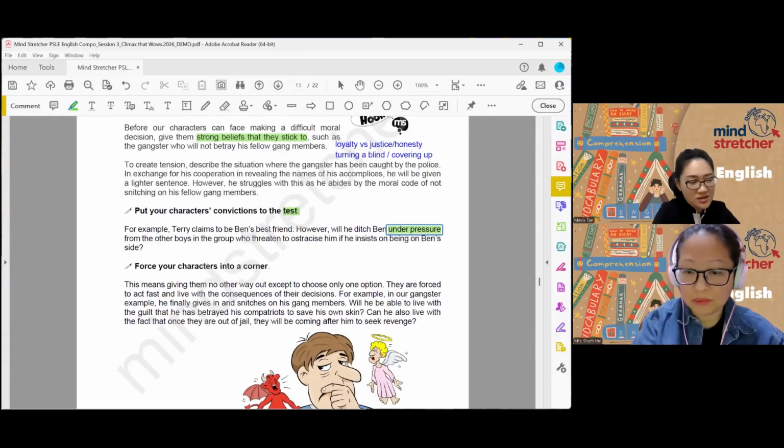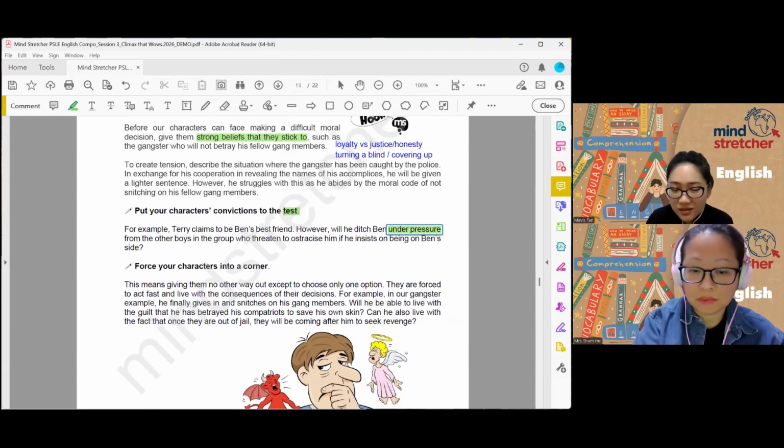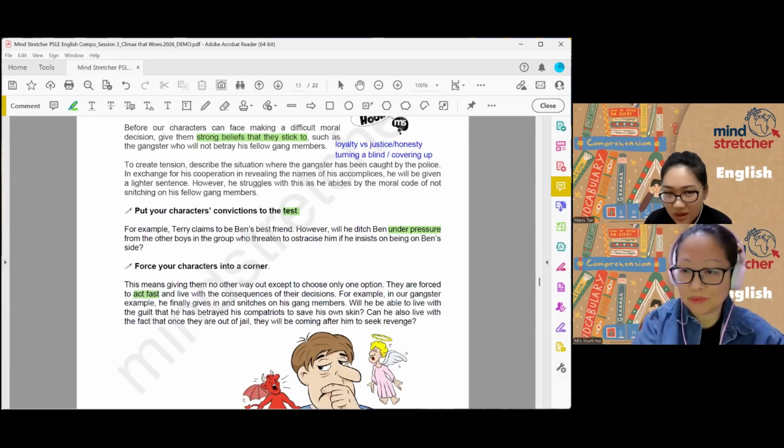Okay? If I do this, this group of boys will be feeling this way. If I don't do this, then I cannot live with myself. And most students will have that. Fine. But usually it gets resolved so quickly. So one thing you want to think about is your character has time pressure as well. That means they cannot take their own sweet time, 2 months to decide whether they should report on their friend or not. Okay? The test is happening now.